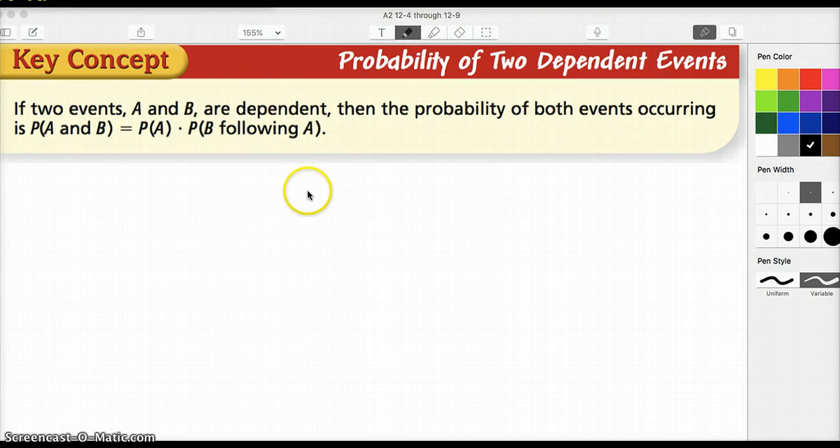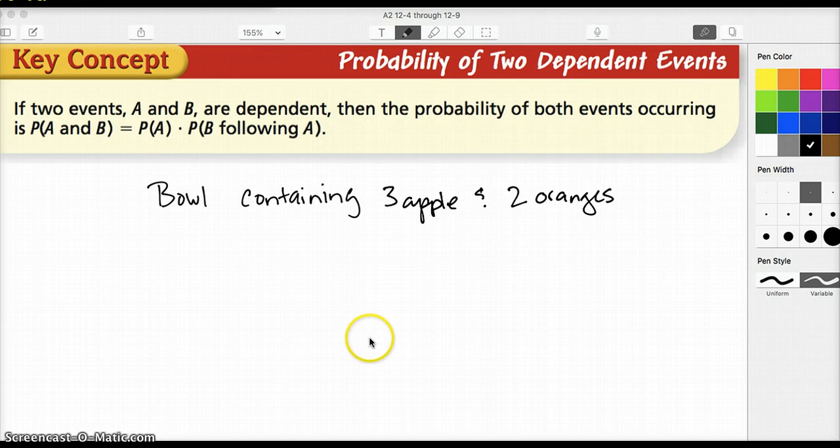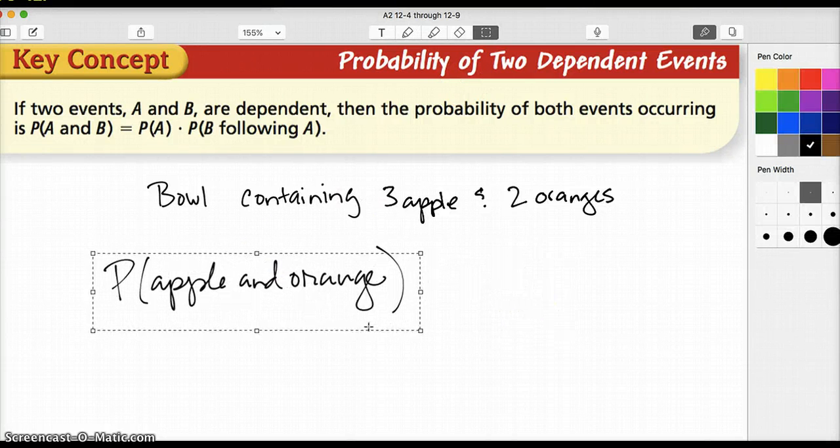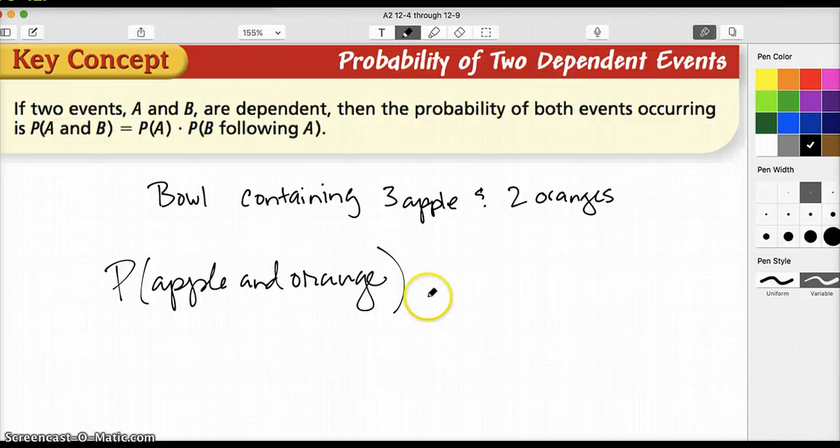So that seems like a little bit of gobbledygook. But if I were to have a bowl containing 3 apples and 2 oranges, and I were to consider the probability of choosing an apple and an orange at random, of course, just dumping out a fruit and seeing which one will come out. We would say, well, the probability of getting an apple would be 3 out of 5, right? But the probability of getting an orange, now that one apple is gone, would be 2 out of 4. So the combined probability of me grabbing an apple and an orange would be this, 6 out of 20, or